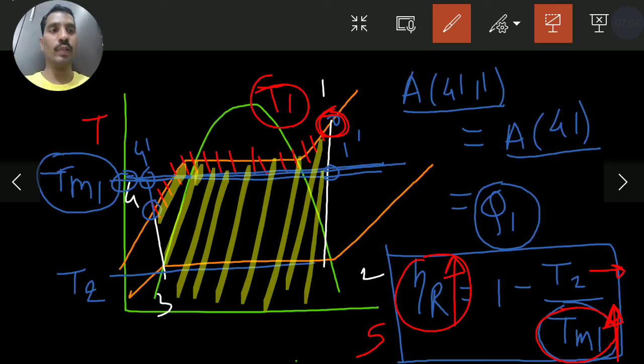Similar thing we are going to study in the regenerative cycle. Again in the regenerative cycle, the target is kept to increase this Tm1. As Tm1 increases, the efficiency of the Rankine cycle increases. So what is the function or use of mean temperature of heat addition? For calculating the efficiency of a Rankine cycle in terms of temperature, we use this formula, where Tm1 stands for the mean temperature of heat addition at a constant temperature Tm1. So its uses and how it is used for solving problems, that we will see in the upcoming lectures.